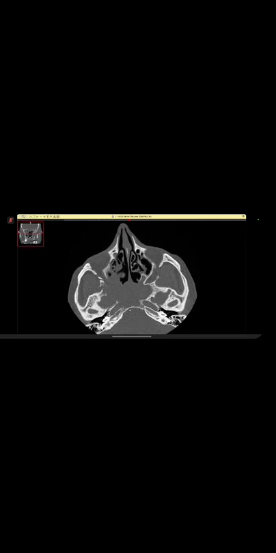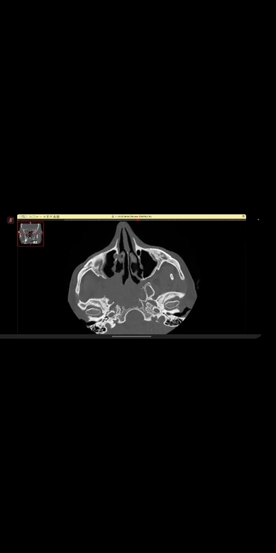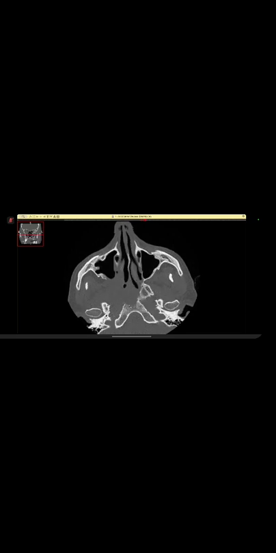Now, posteriorly, if we see the clivus, anteriorly there is erosion, but if we look more carefully, the sphenoid sinus is also expanded, and then there is destruction here. So clearly, the epicenter is in the sphenoid sinus. Now, as we go inferiorly,